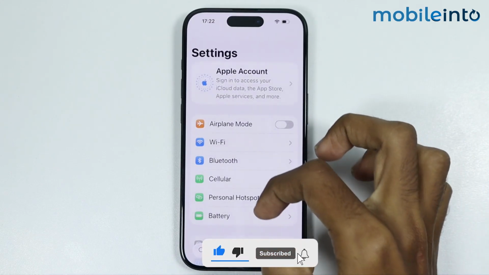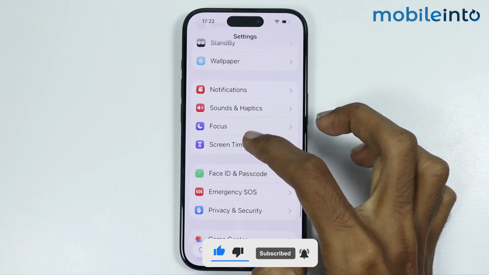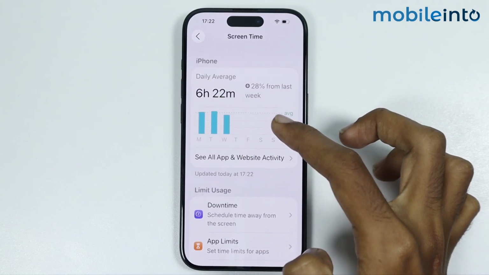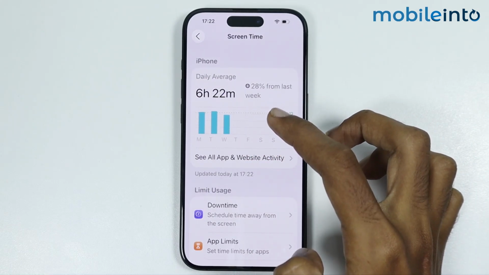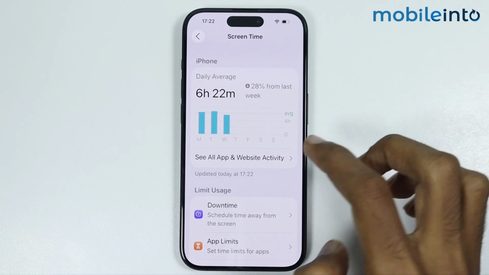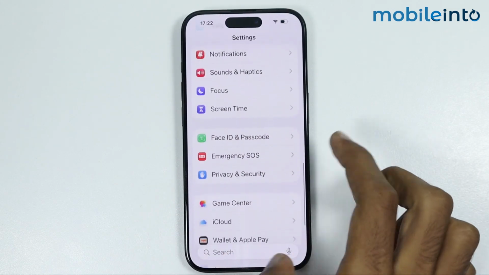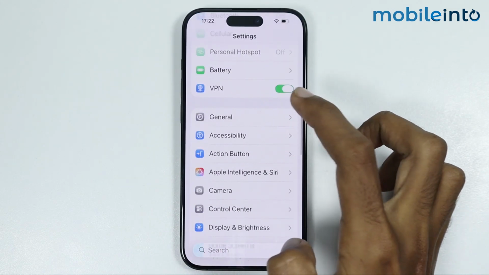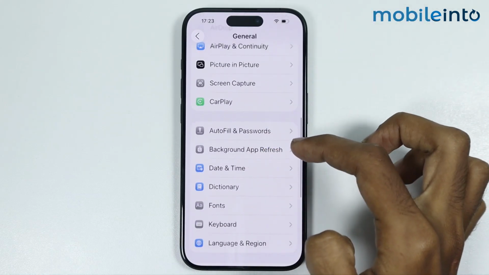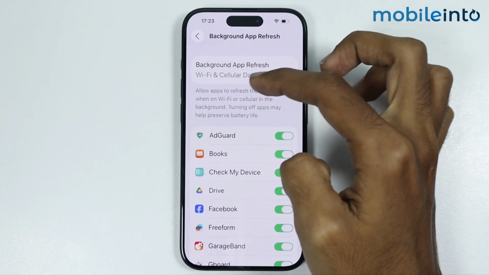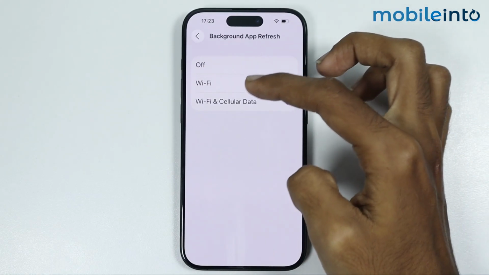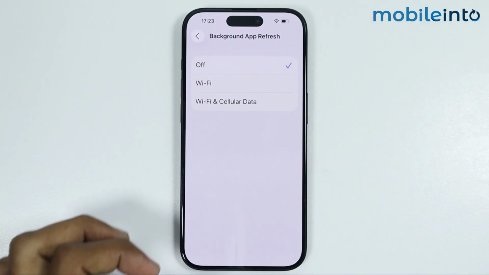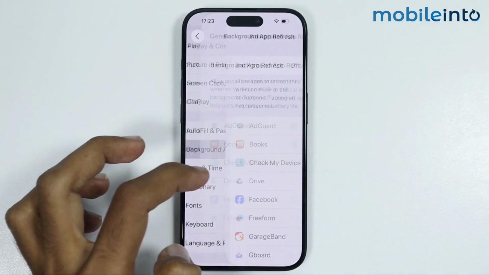Now, if you open settings, from here, if you go to screen time, and if you see that the screen time data is incorrect, and if you want to fix this issue, just go back to the main settings page. Now in settings, just tap on general, and from here, just tap on background app refresh. Then tap on background app refresh and select off. After that, just go back